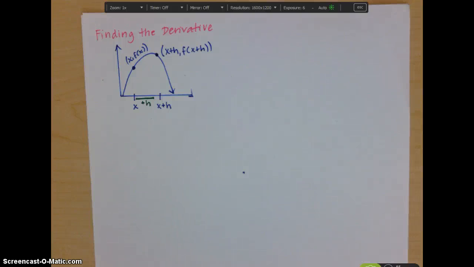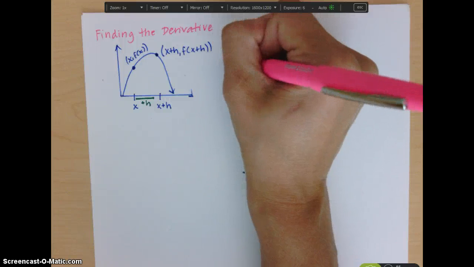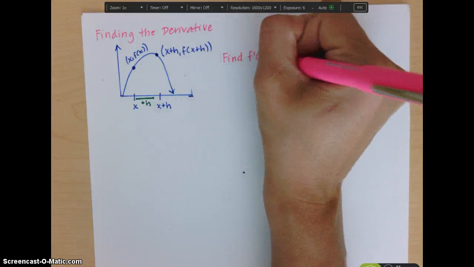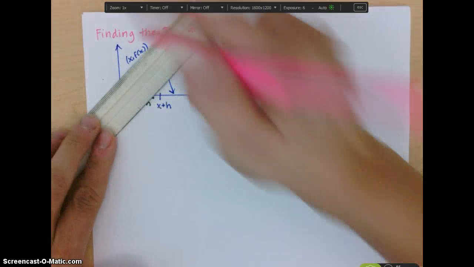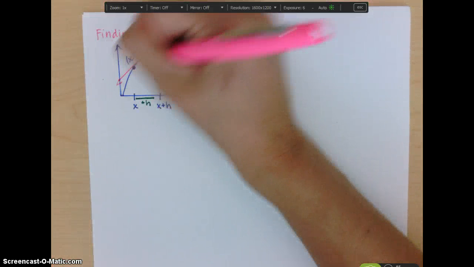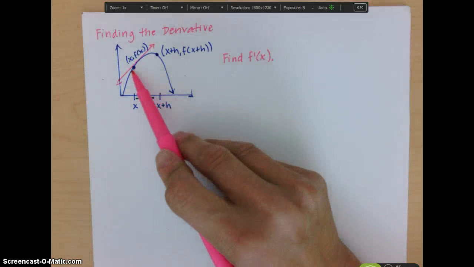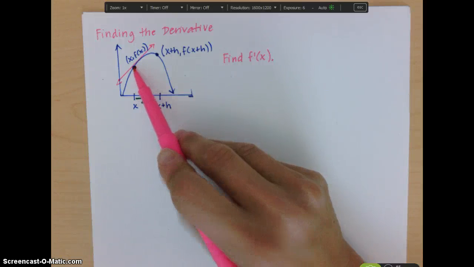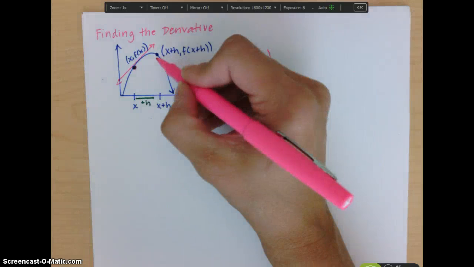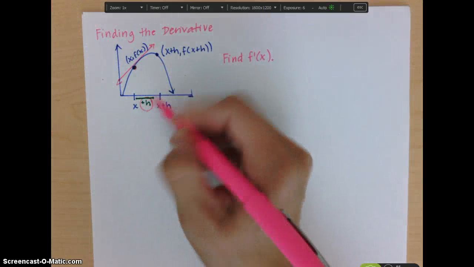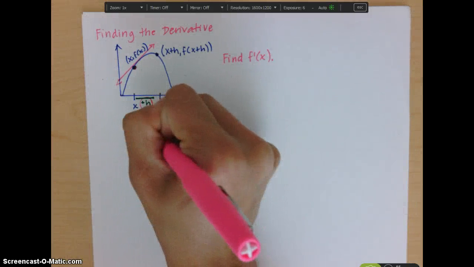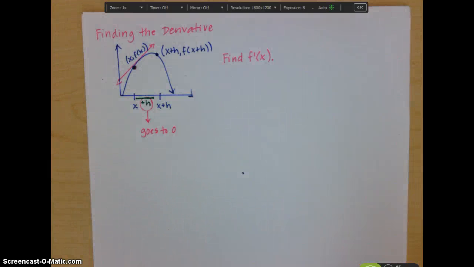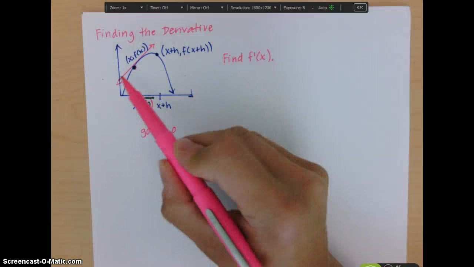Alright, so the goal here is to find f prime of x. So what we want to do is figure out what the slope of the tangent line at x would be. And so we're going to imagine that this h value here heads towards 0. So in other words, as we remember calculating several secant lines, let's say we were to